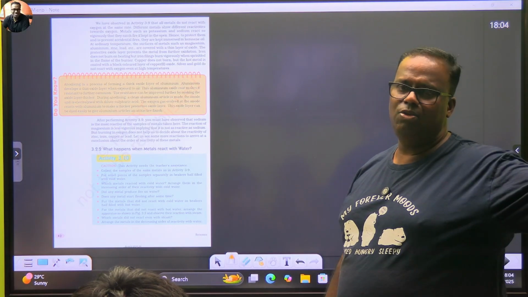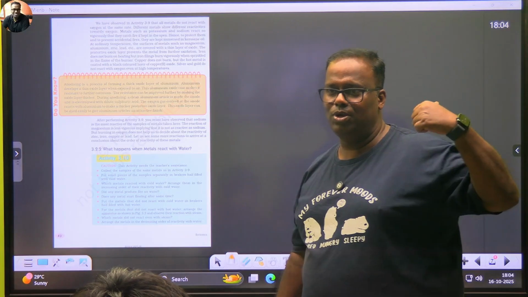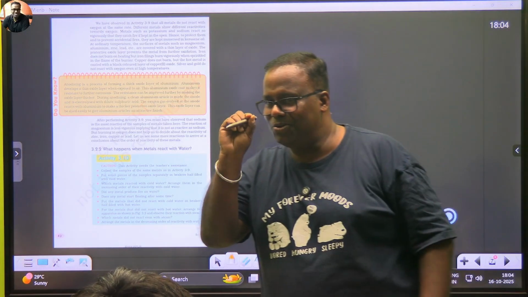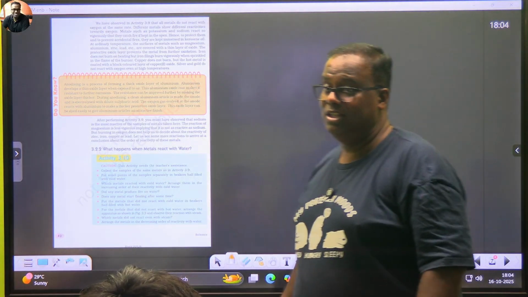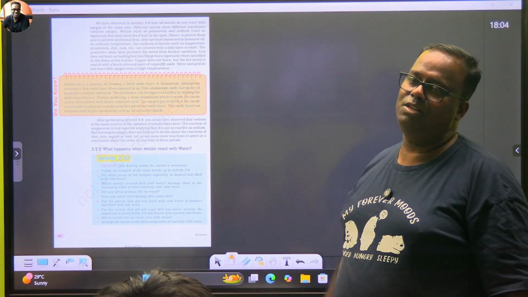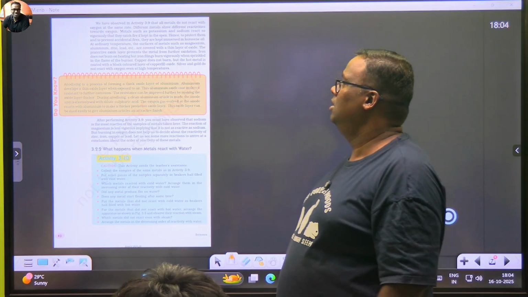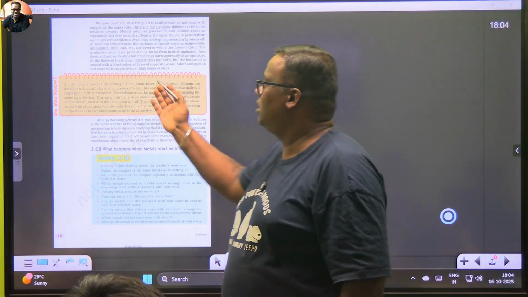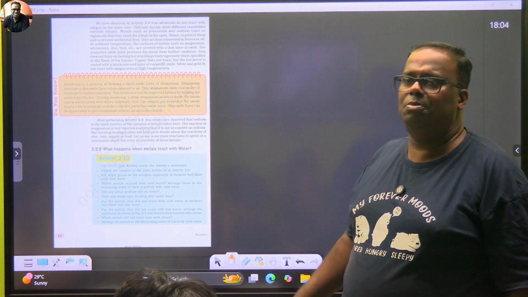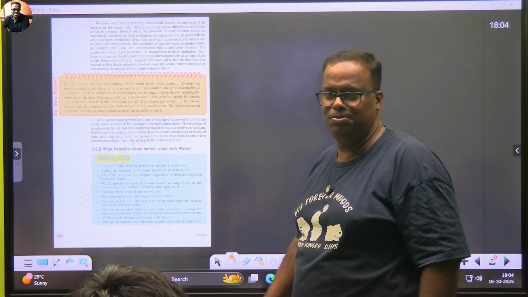So when you're waiting for my class next time, just have a look at the AC pipes. You'll see some green coat, some black coat. Green coat is happening due to the carbon dioxide in the atmosphere. Black coat is happening due to the oxygen in the atmosphere. Silver and gold do not react with oxygen even at high temperature. हमें तो कुछ फर्क ही नहीं पड़ता, हमें जितना जला लो, right?